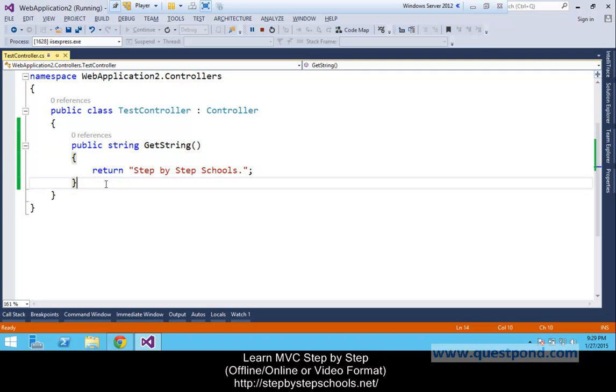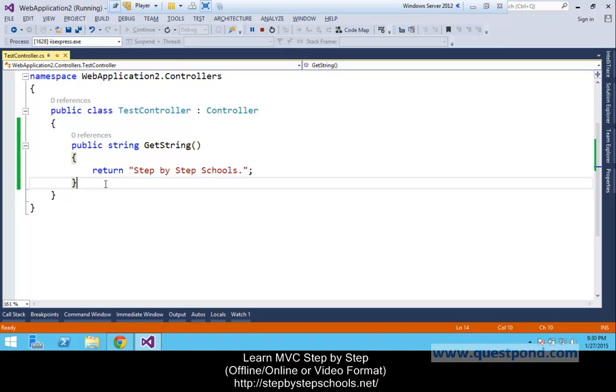That means someone is handling our user requests, and that's why we call it user interaction logic. In simple words, in ASP.NET MVC, the controller handles the user interaction logic, and once it handles the request, it will return the response. That response may be a string, or it may be complicated HTML, that is a view.